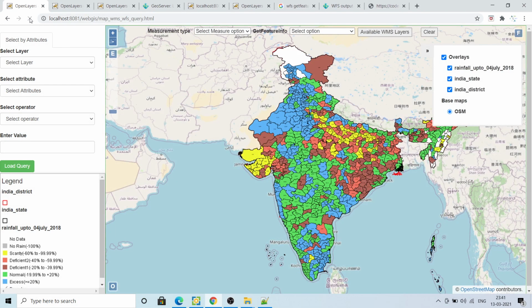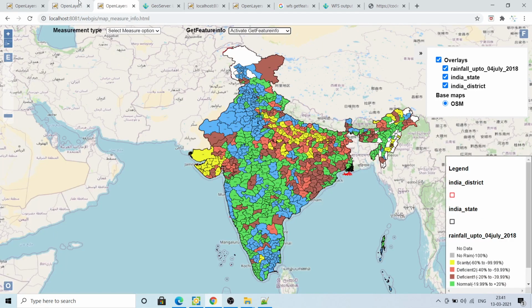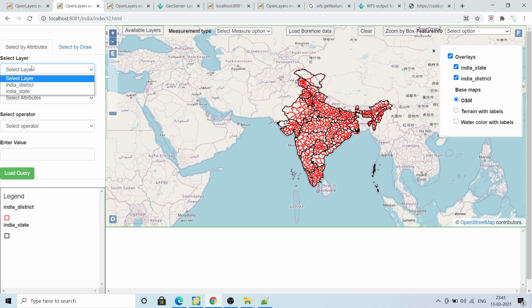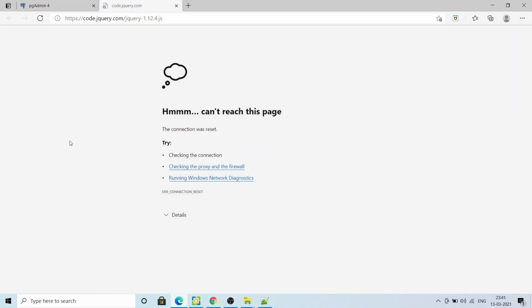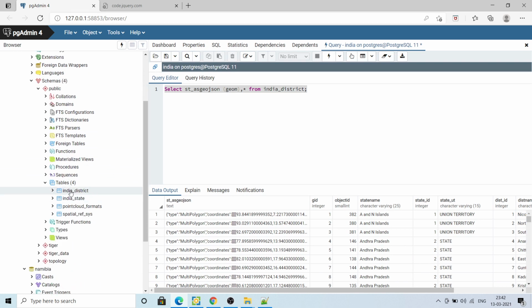In the next video, I'm going to show you how to do a spatial query, and maybe somewhere later on, I'm going to show you how to do this using the database. Like in this page, if you see, only 2 layers are coming, and these are coming directly from the database. I have a database here, India, with only 2 layers, as you can see, India state and India district.